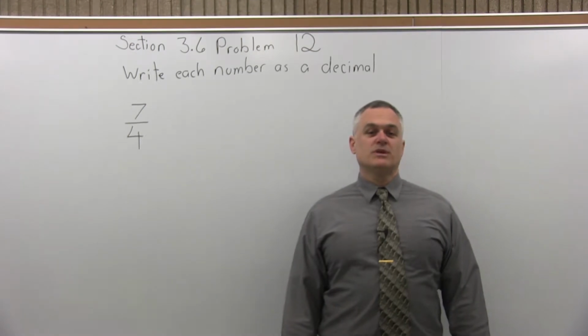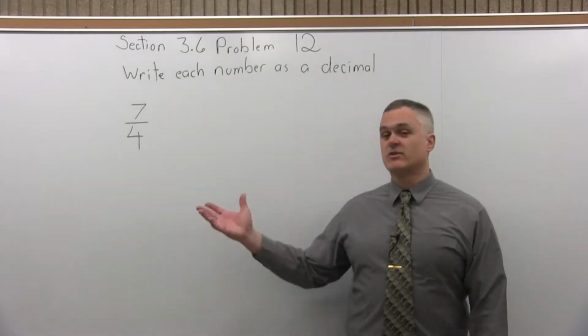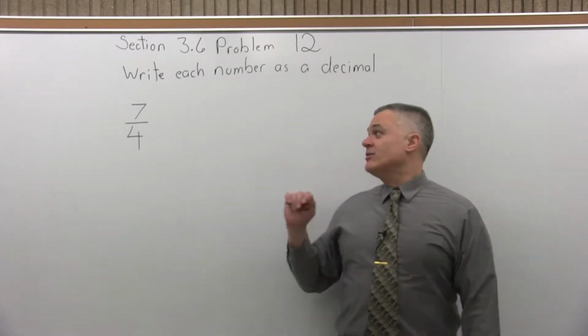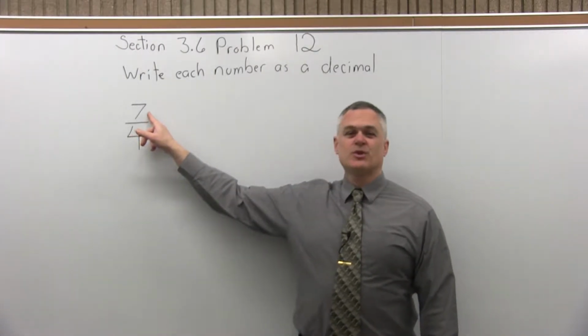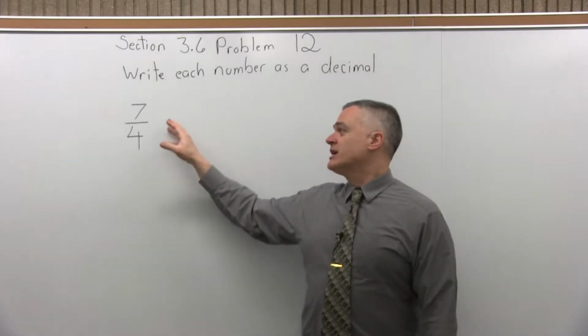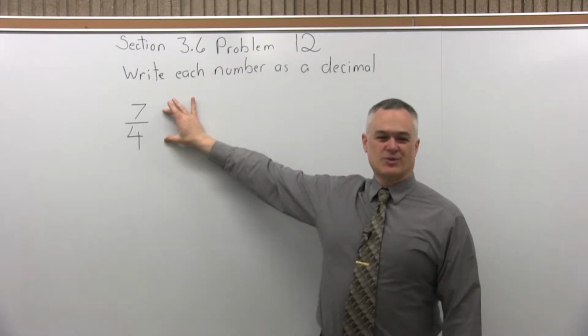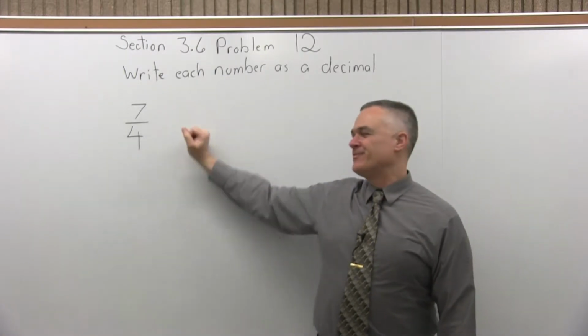This is Section 3.6, problem number 12. It says write the number as a decimal, and we have 7/4. Now, notice with this, the numerator is larger than the denominator. This is what you call an improper fraction, so I expect the answer to be bigger than 1. In fact, if it was 8/4, it would reduce to 2, so it would be almost 2, just to keep